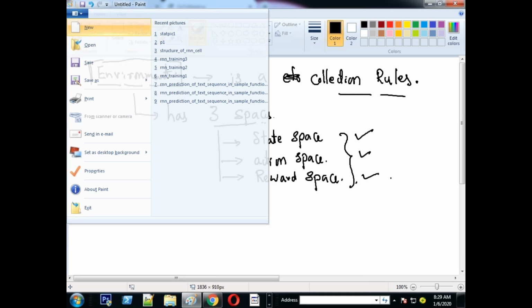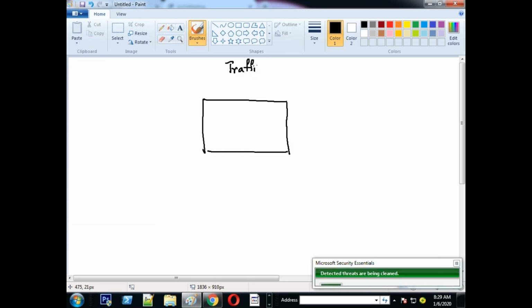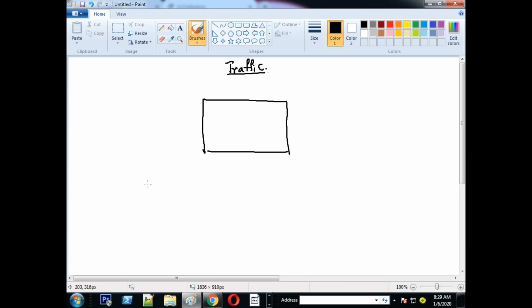First, in the beginning, I will take a very simple example. I'm taking a traffic environment. Hundreds of rules are there. Only at the signal board, I'm considering 2 actions. So, 2 rules. Basically, in the traffic light, you have 2 colors: red, green. What are the possible actions? Stop.